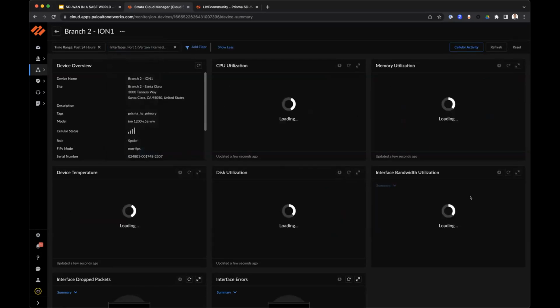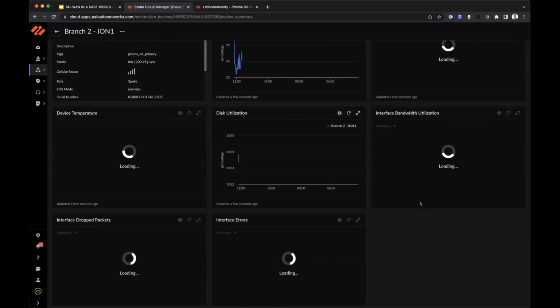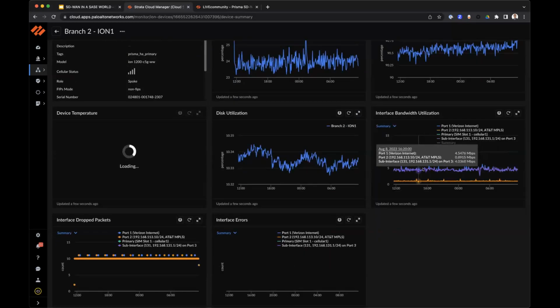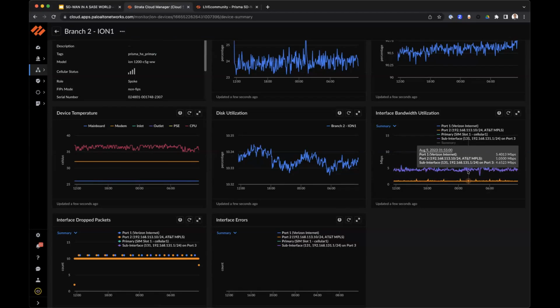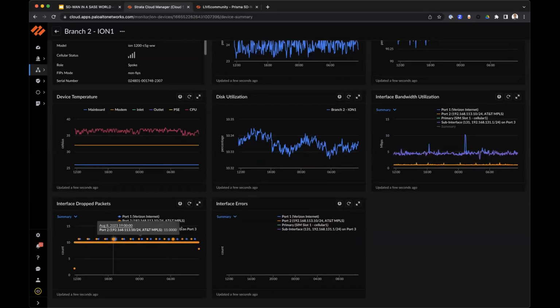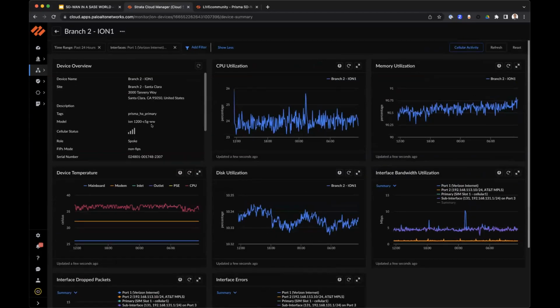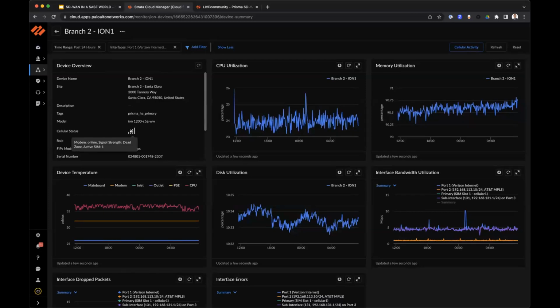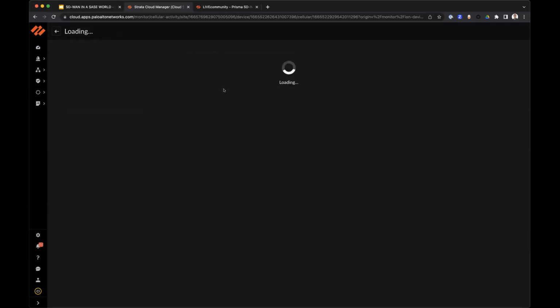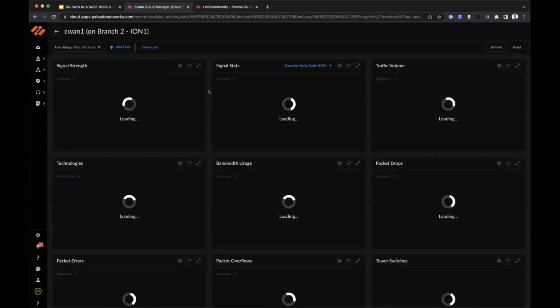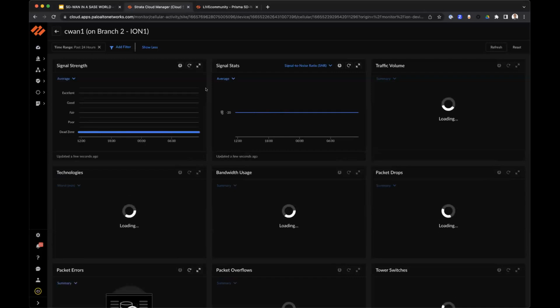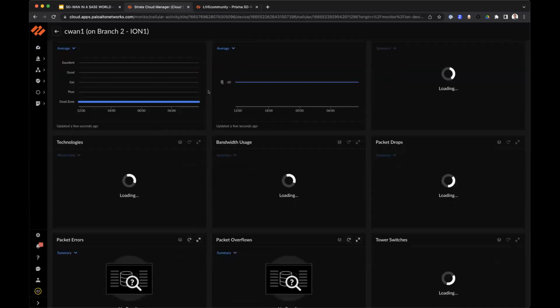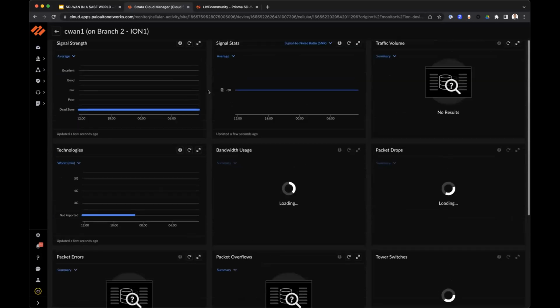And we can render some data here under interface utilization. You'll see this here as well. You can see traffic going on the Verizon network and so on and so forth. Any drop packets, any interface pairs, if applicable. This device also has cellular, so you can click on this to go to the cellular. This device, unfortunately, does not have a SIM in it right now, so you won't see all the information, but you get the point. So you can drill down one more level and see all the information related to the